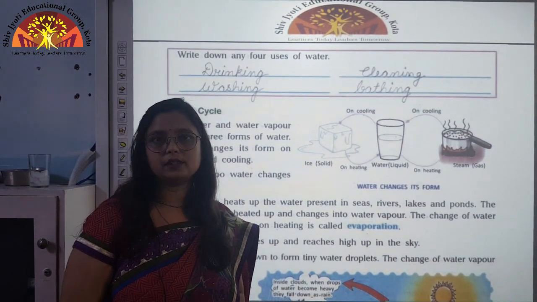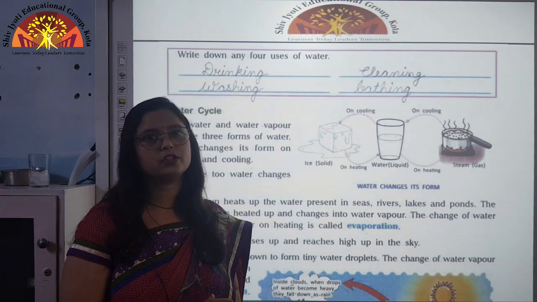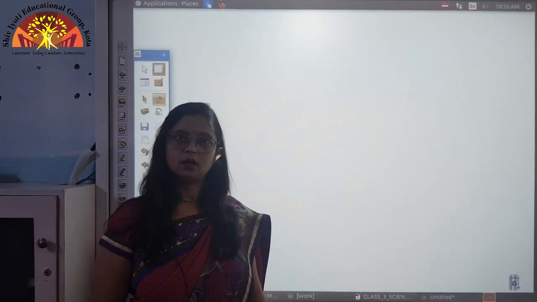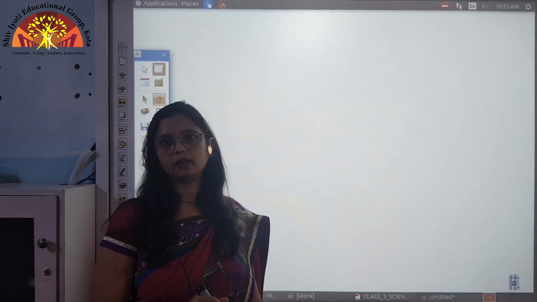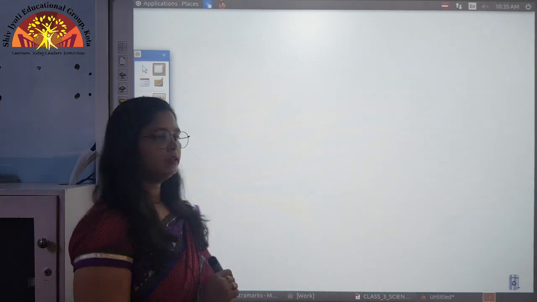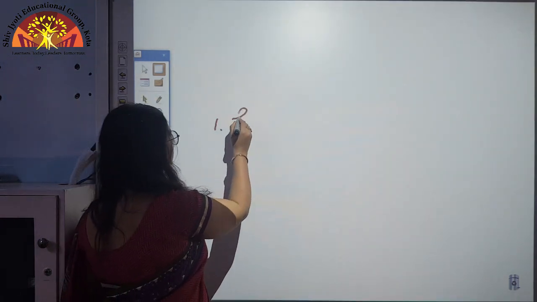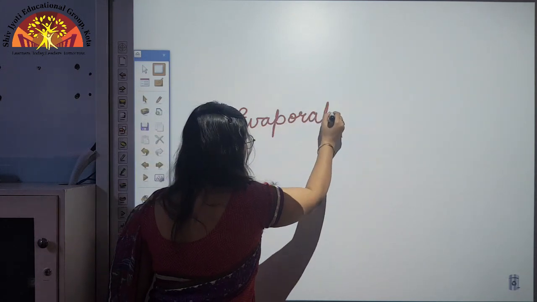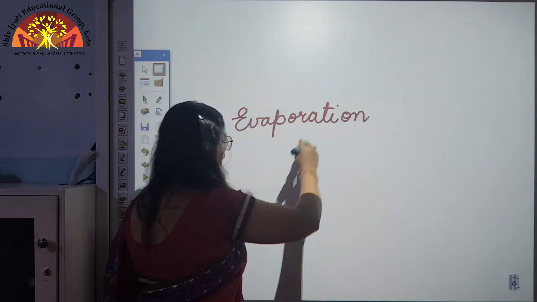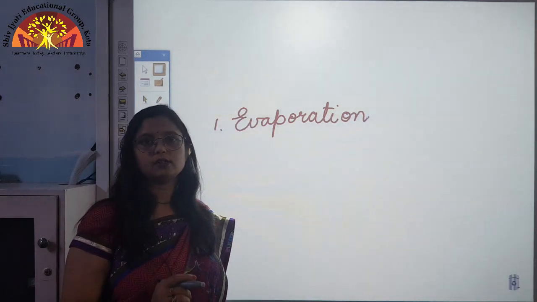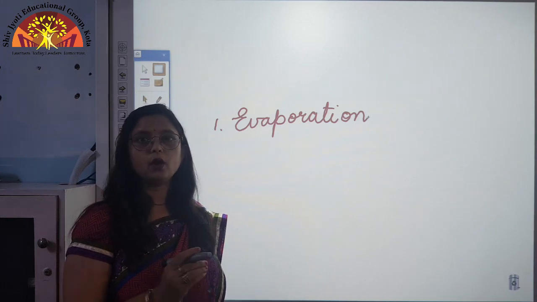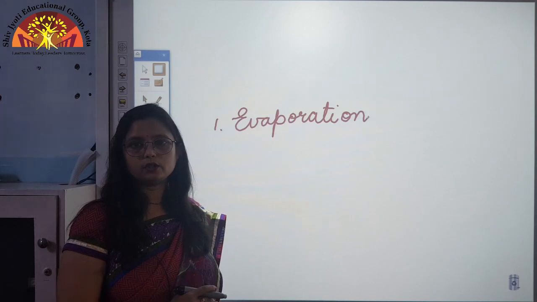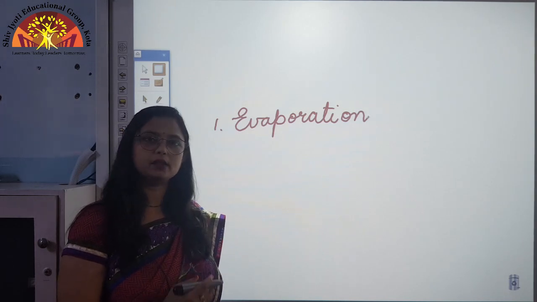So children, the same principle is used in the water cycle, which is operating in nature. So now we will discuss the water cycle. Before we start with the water cycle, I want to explain some terms to you. The first term is evaporation. So children, it is the process by which liquid changes into gas on heating. So here, by the process of evaporation, the liquid form of water can be changed into gaseous form, that is water